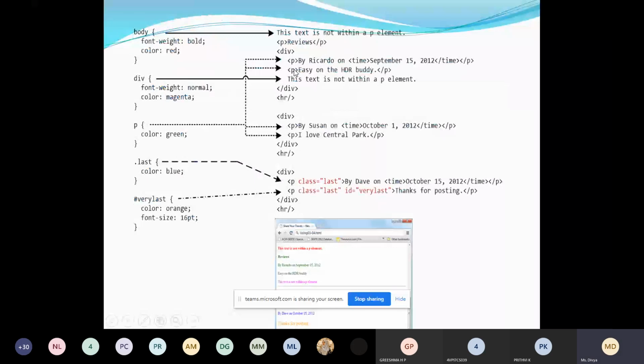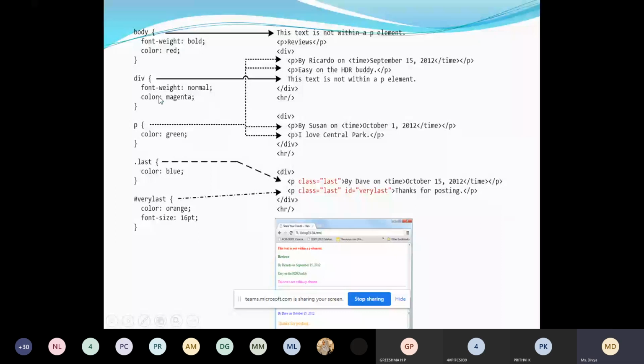Now look into this example. This is the content of the document. Here we have body. For the body tag, we have given font weight as bold and color as red. Similarly we have a div tag.